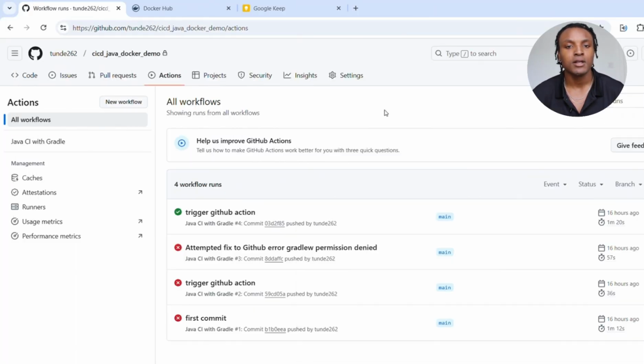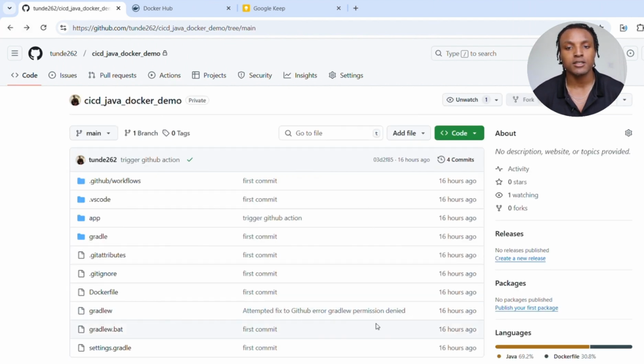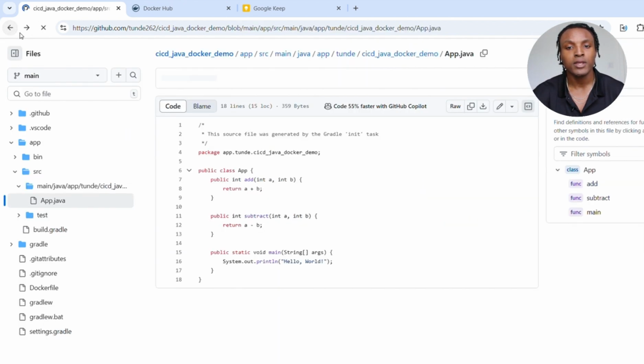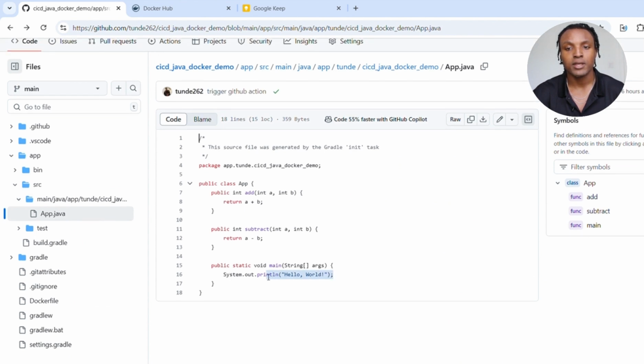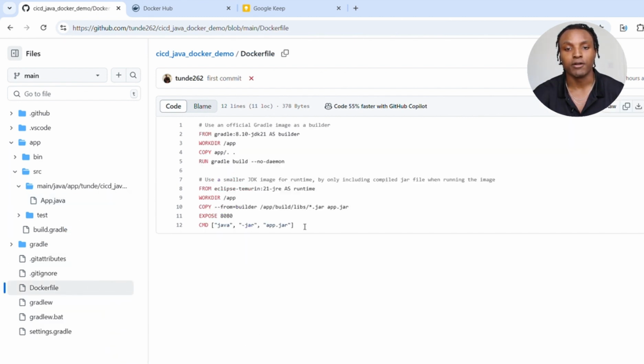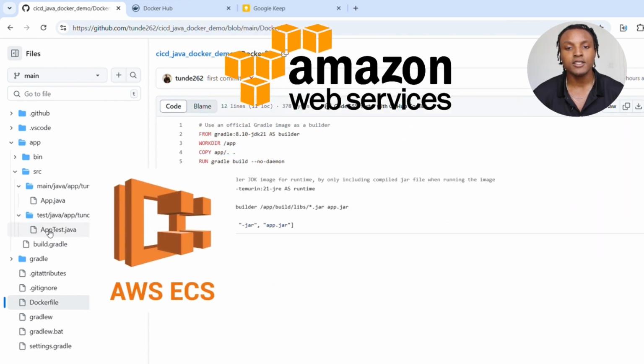Now let's do a demo to set up a CI/CD pipeline for a Java application using GitHub Actions. Let's say we store our code on GitHub. We can use GitHub Actions to automatically build, test, and deploy our app. For this demo, I wrote a very simple Java program that prints Hello World to the console. This app uses Gradle as a build tool and is containerized, so we will create a Docker container using this Dockerfile, which will then get deployed to a container registry in the cloud. For this case, I will be using Docker Hub, but you can also deploy to AWS using an ECS, EKS,